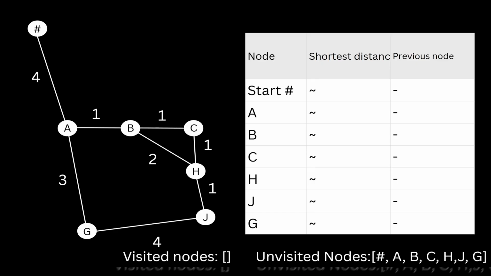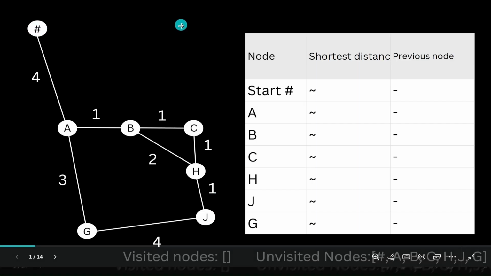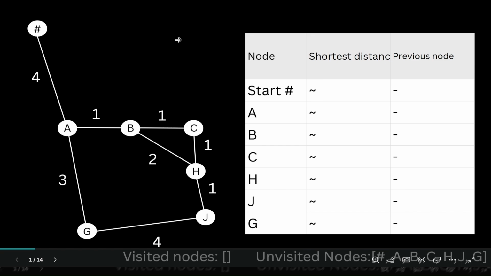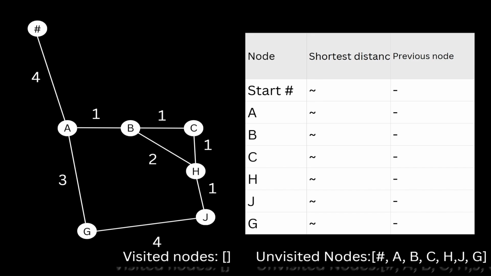Now let's see how Dijkstra's algorithm actually works and how SA was able to find out what the shortest path is. As you can see here, I took a small portion of the graph that SA was working on, and the goal will be to go from the start node here till node J. First thing we're going to do is divide the nodes into two groups, visited nodes and unvisited nodes. At the beginning, every node will be marked as unvisited, and then we're going to update that as we go.